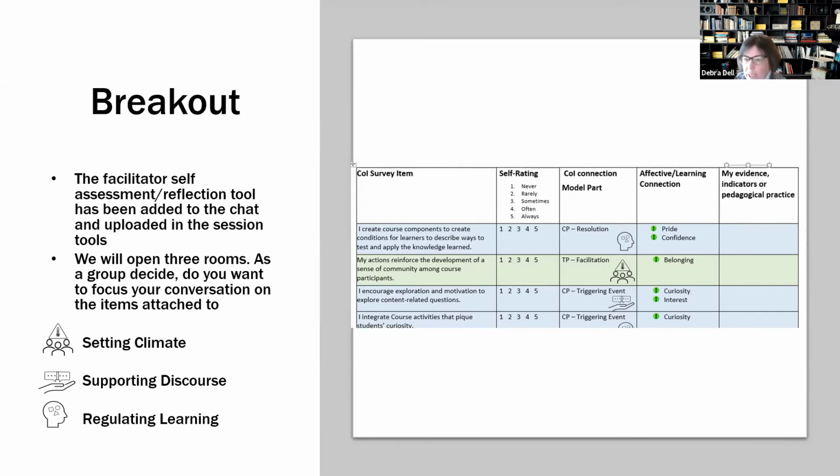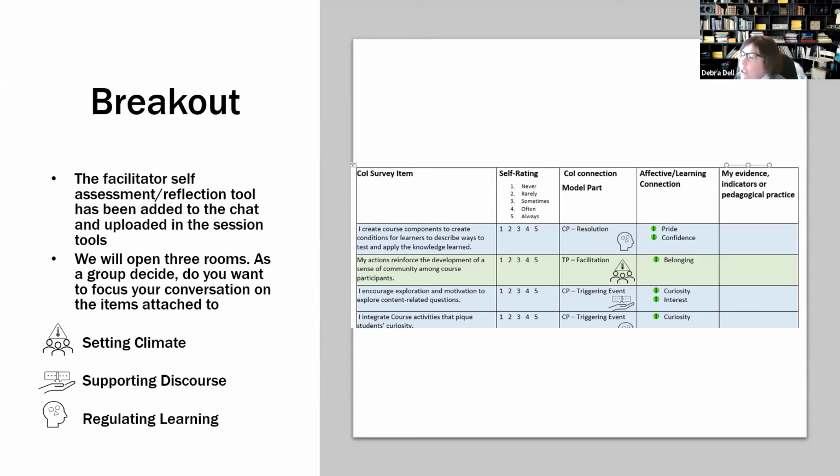And when we think about regulation of itself, when we're talking about emotional regulation that contributes to learning, it's about up-regulating those helpful emotions and down-regulating the ones that can block learning. So you'll see that there's some suggestions in there, but that's not conclusive. You may go through this tool and realize, well, I'm also trying to increase this other thing because of my content, my context, or the way I am as a facilitator.